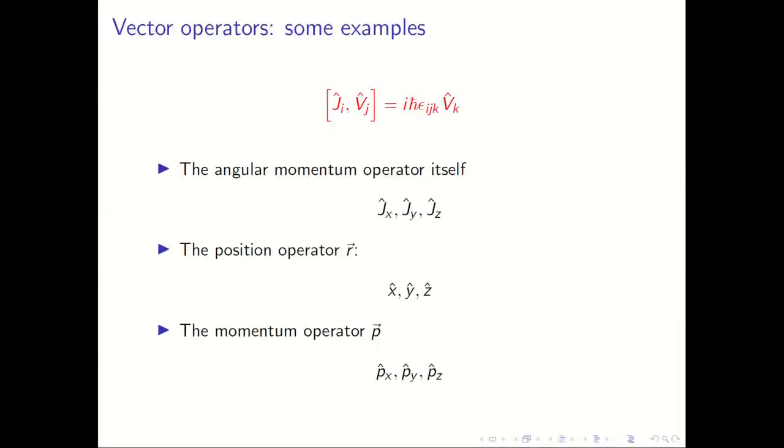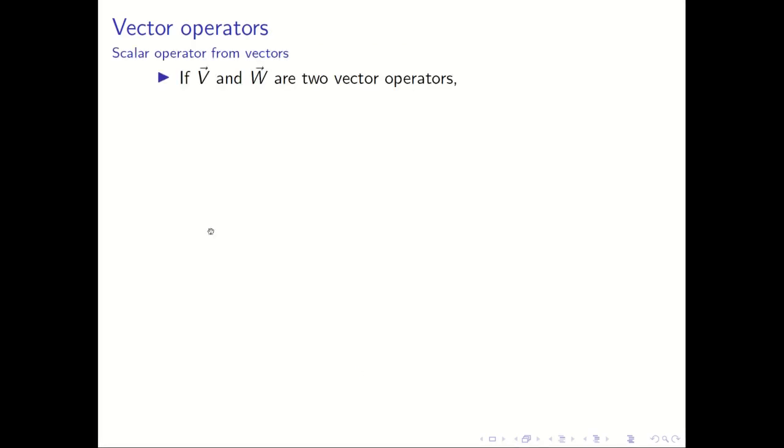Well, now that we have vector operators, we have the general definition, we have some specific examples. Let's see how we can combine vector operators to produce other things. Our first example would be rather trivial, at least sort of obvious. If V and W are two vector operators, that is V1, V2, V3 and W1, W2, W3 are vector operator